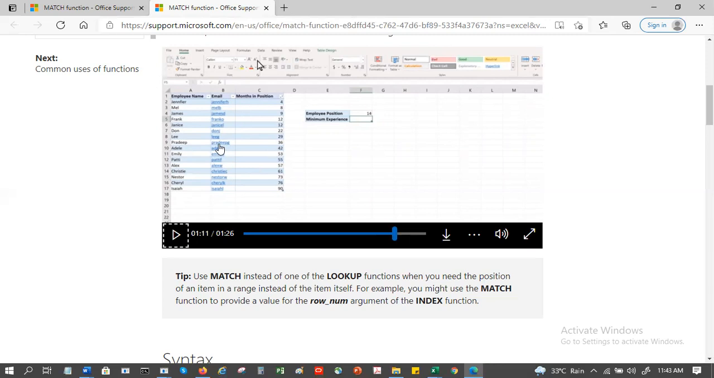Employee position. Employee name, email, and months in position. But in the VLOOKUP...